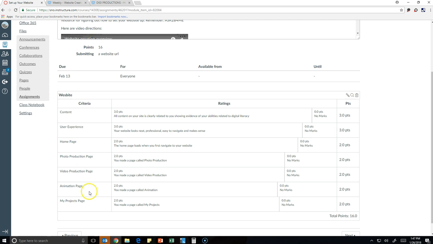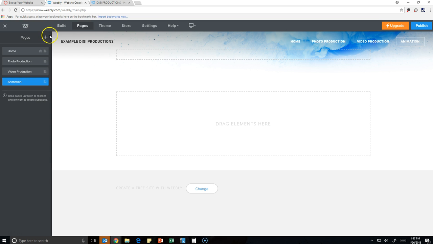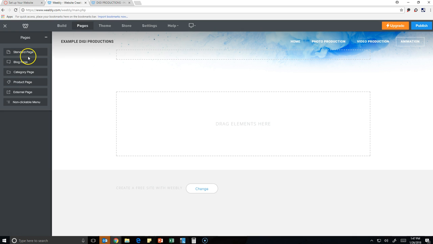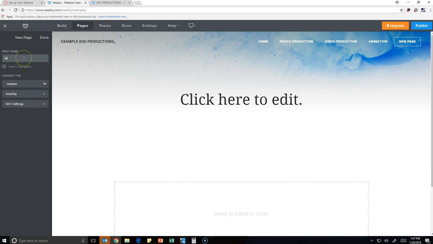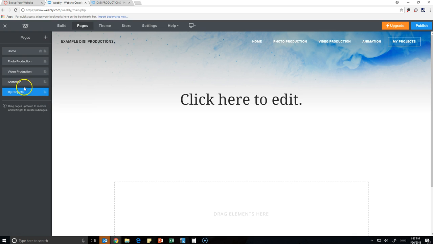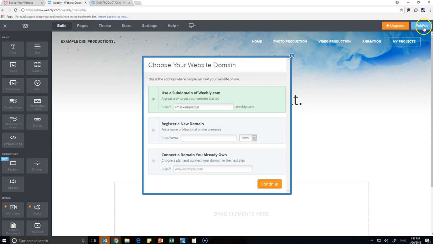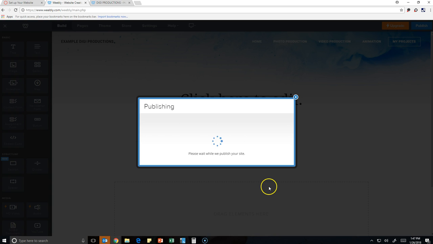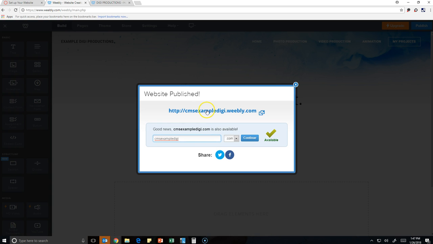And now I need a My Projects page, so I need to make one more page. I'm going to make it a standard page in this case, and I'm going to call it My Projects. Done. Now in this case, I'm going to publish. When I publish, I review my domain, click Continue, and if I control-click